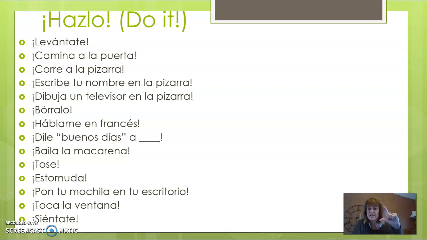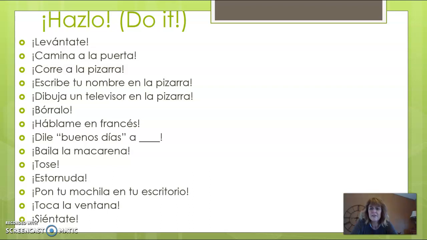Notice the bookends. Levántate, siéntate. Notice that the te is smashed at the end of that. Those are things that you're telling somebody to do to yourself. Get yourself up, sit yourself down. That's why they're reflexive. Notice where the te goes. Okay, now however, on the right hand side here of that handout that I asked you to print out ahead of time,